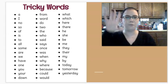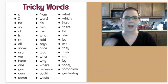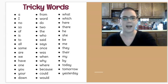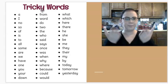Okay, that was the whole first column of words. And like I said, if you want to practice writing them, you can pause the video and copy them off the screen after you practice saying them with me. Make your own note cards, anything you would like to do to practice your tricky words. I'm going to read the second column now, starting right here. Ready? Repeat after me. From,